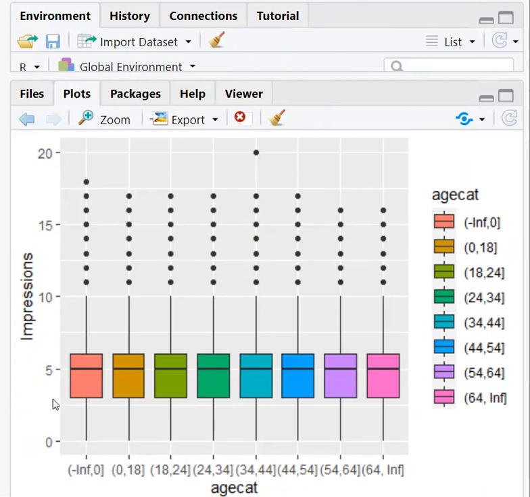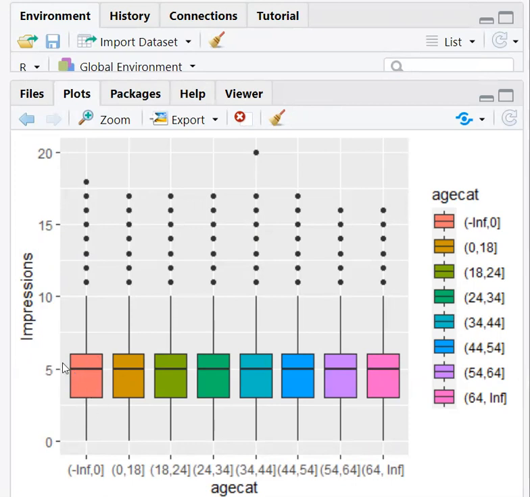The first quartile value, see, this range is 2.5. It is slightly above, which means it is 3, and here this is slightly above, that is 6. 7 would have been here because this is 7.5. So 3 to 6, first quartile to third quartile, and the median is indicated by a line.